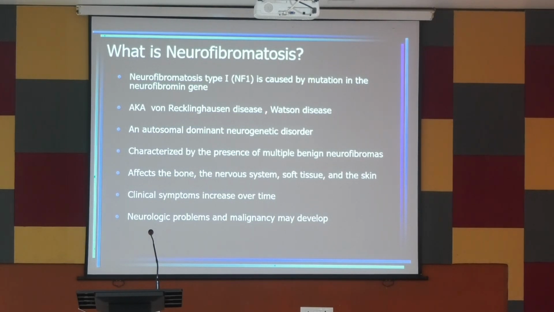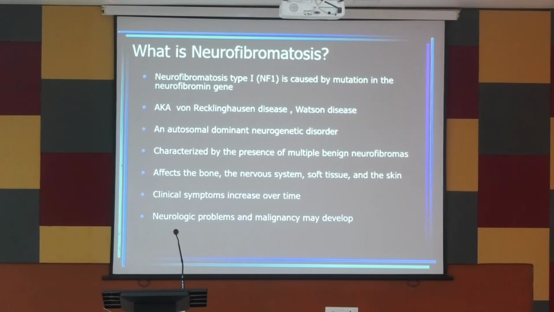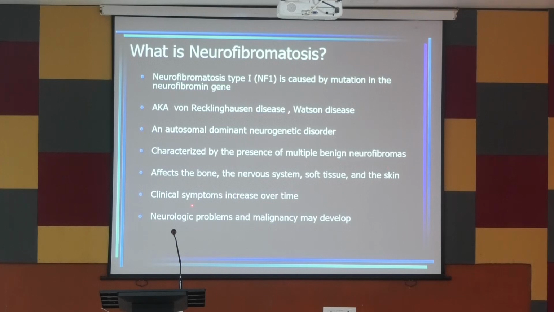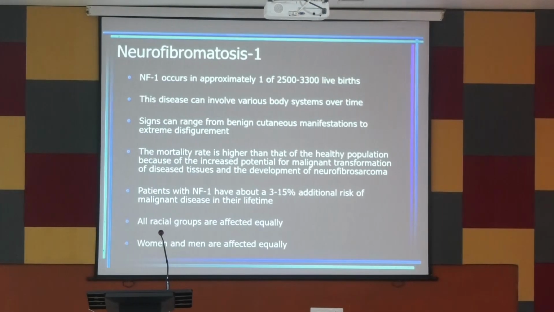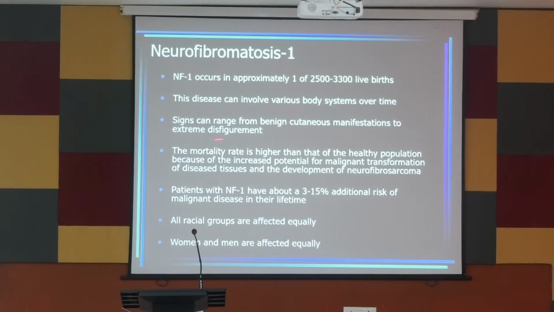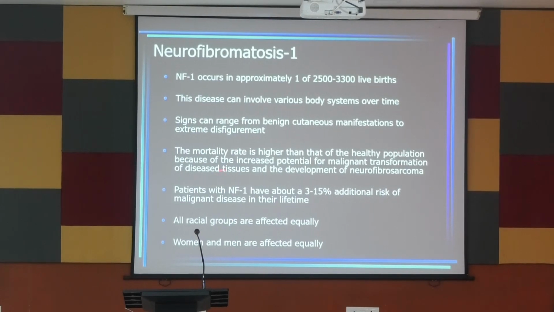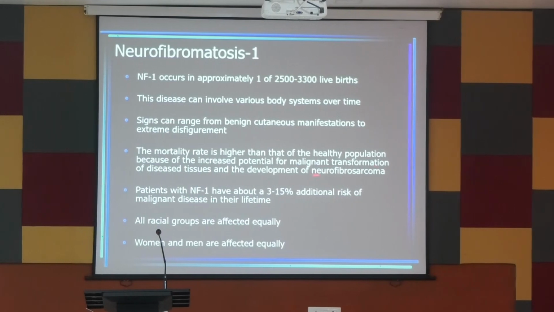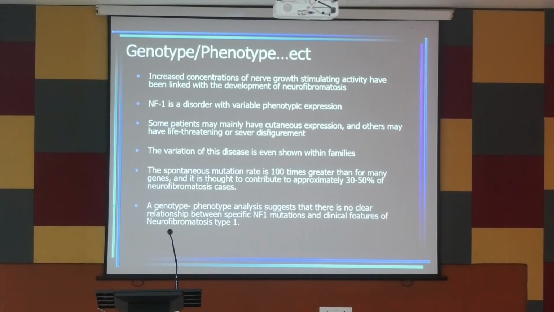এগুলো কিন্তু মাল্টিপল বেনাইন নিউরোফাইব্রোমাটোসিস, benign neurofibromatosis of bone, nervous system, soft tissue, skin, হ্যাঁ, neurologic problems, malignancy may develop. এটা 1 in 3000 live birth এ হয়, benign cutaneous to extreme disfigurement, malignant transformation, neurofibrosarcoma, এগুলো দেখতে পাচ্ছেন, স্কিন কোথায়, এক্সট্রিমিটি কোথায়, পেলভিস কোথায়, রেট্রোপেরিটোনিয়াম কোথায়, কিডনি, all these are associated with retroperitoneal organs